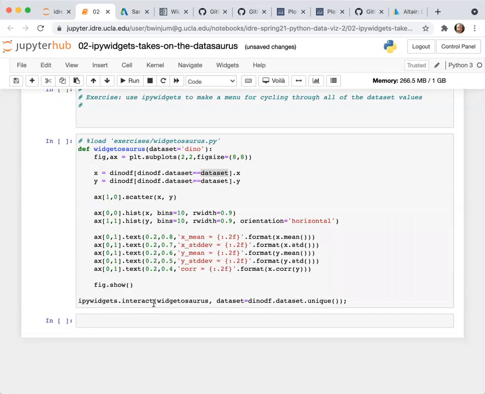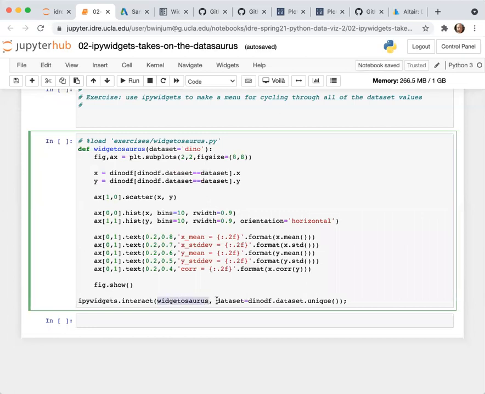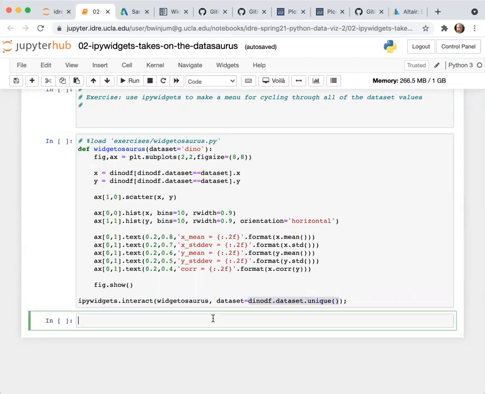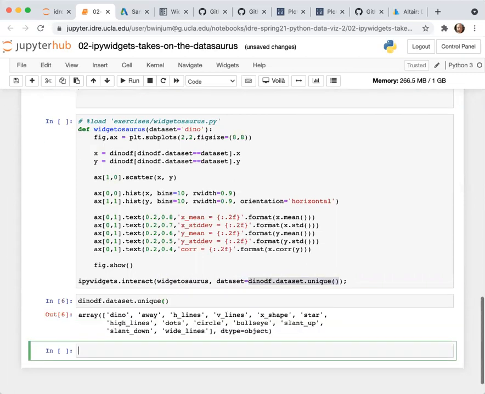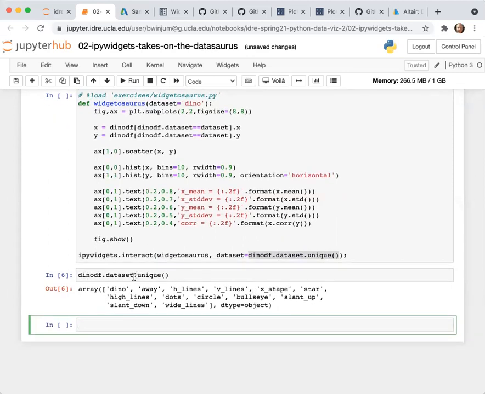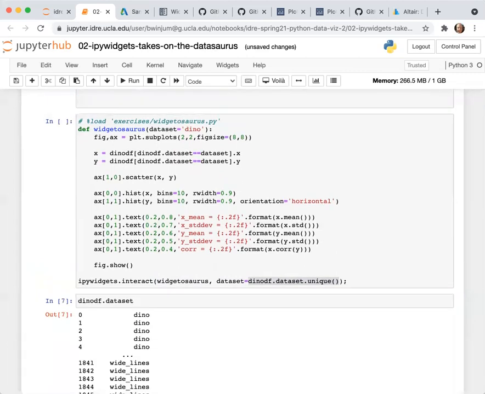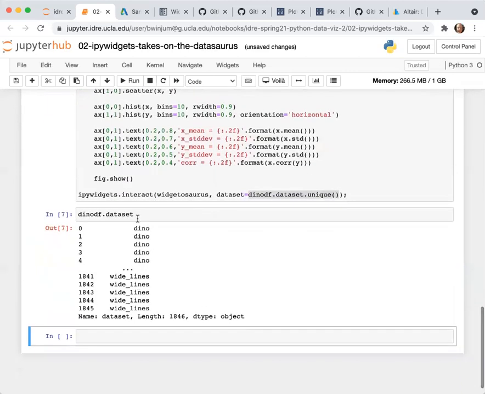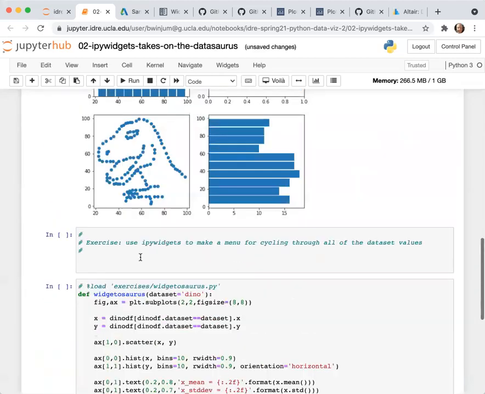Then I call interact with the name of my function, and dataset is my parameter, and to dataset I pass in a list, dinodf.dataset.unique. In fact, I should have included a hint for this for those of you who are not as familiar with pandas. dinodf just by itself, .dataset gives you a series of essentially that column called dataset.